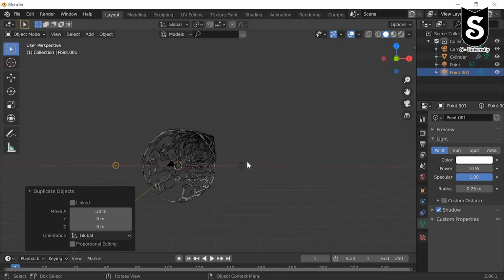Now set our lighting. Go to light setting, make it around 500 watt and change the color to blue.